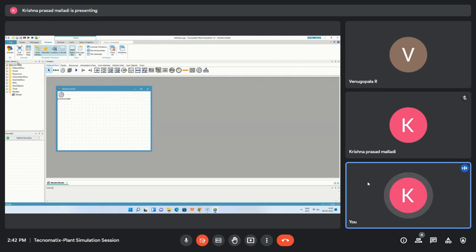Generally, this class library is used for larger models. For practicing sessions or basic, smaller models, there is no need for the class library. If I'm preparing a larger layout with multiple processes, maybe 5 different processes, each process will have a separate layout. Then there should be a master file, and in that master file there will be submasters, and again subs within those. Like in the assembly section, there is a parent file, and in that there will be child files, duplicate files. The same thing we will perform in this class library.